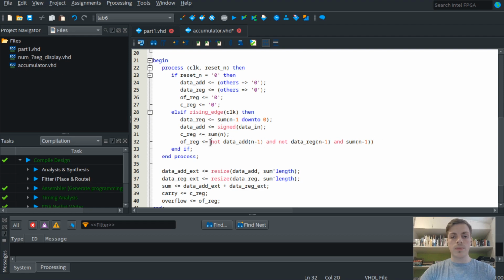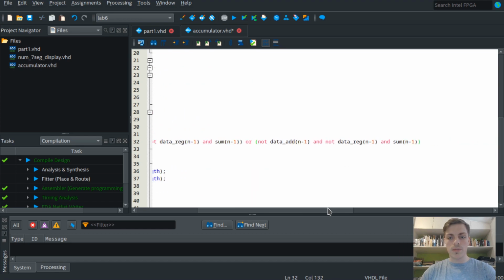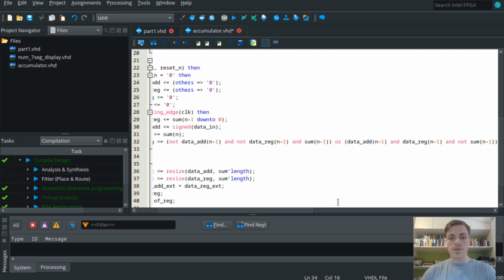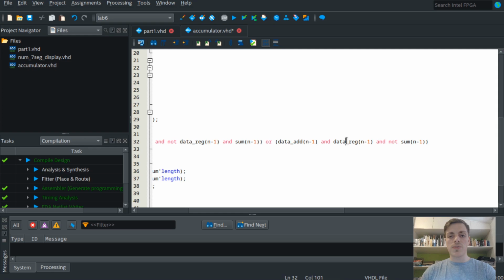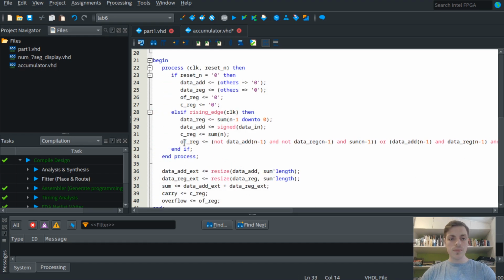Or we can copy this and just change. Or if this is 1 and this is also 1 and we get not sum, so if the most significant bits of these two are 1 and this is 0, then we also get overflow. So our overflow, carry, data add, data register,